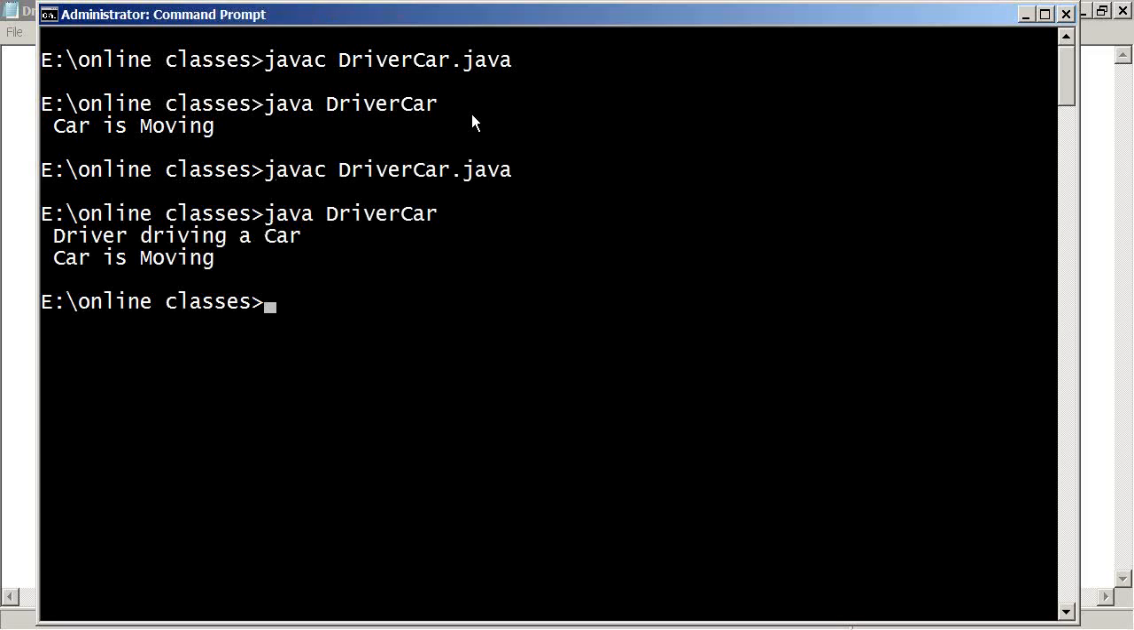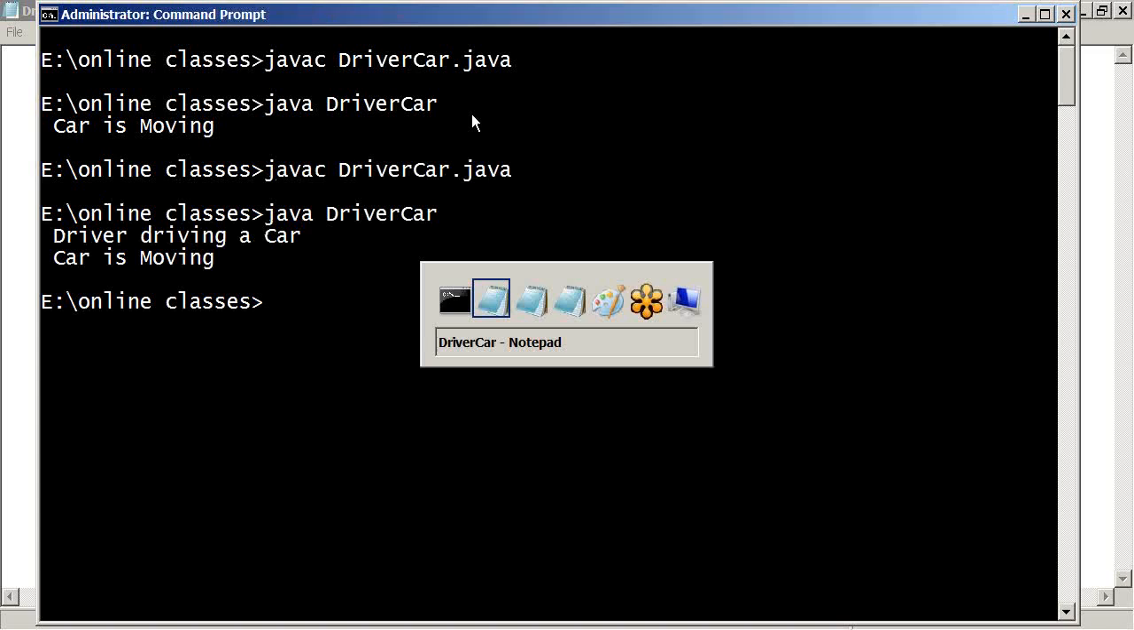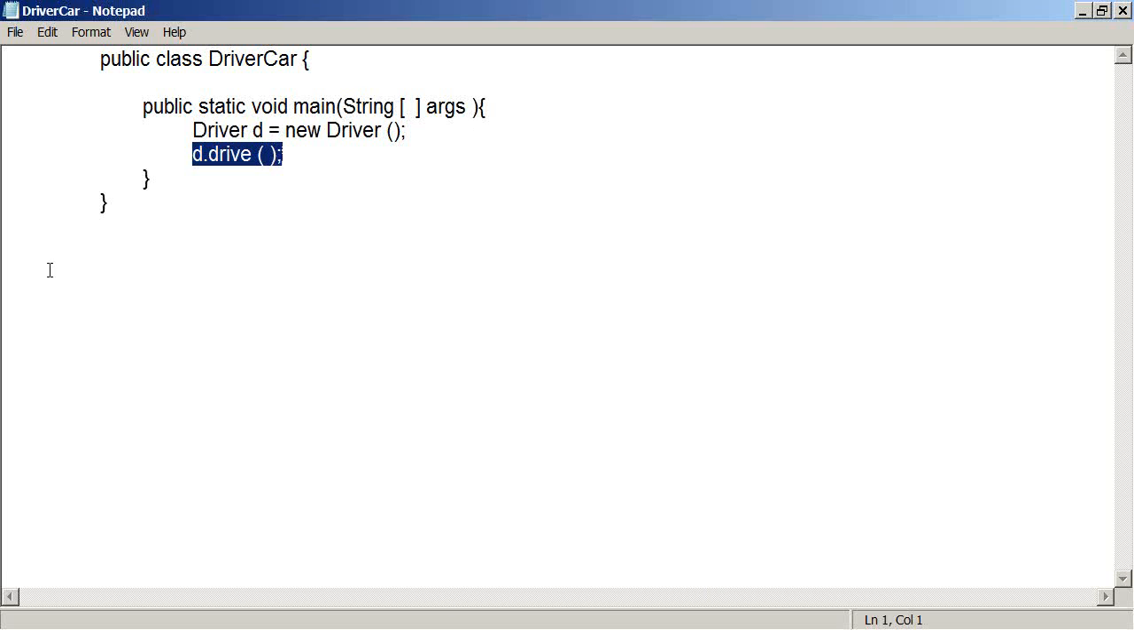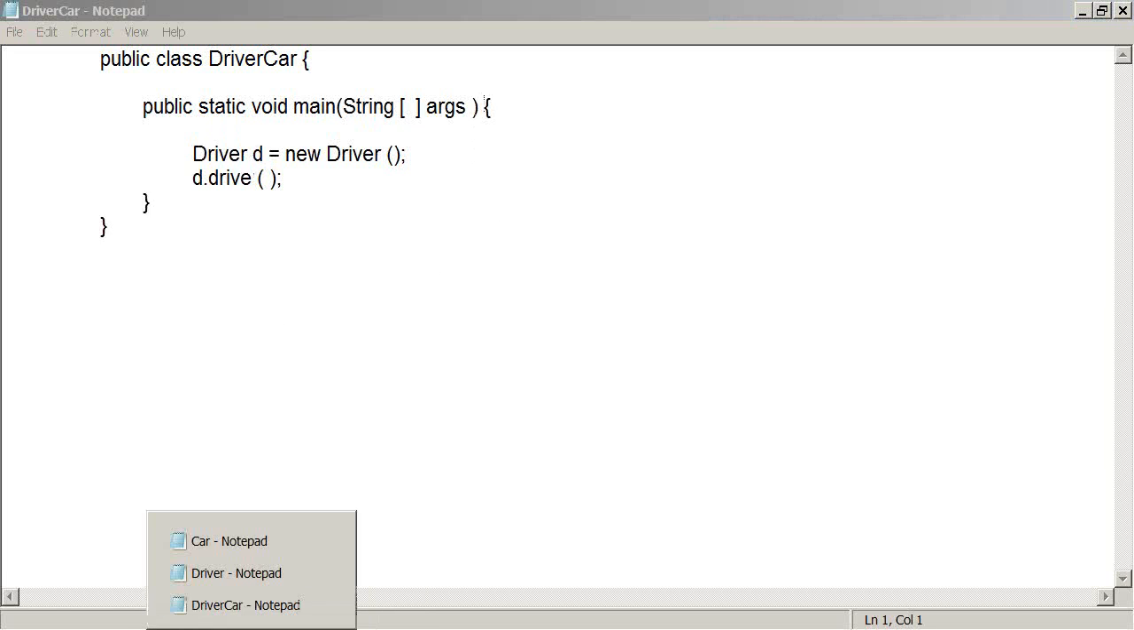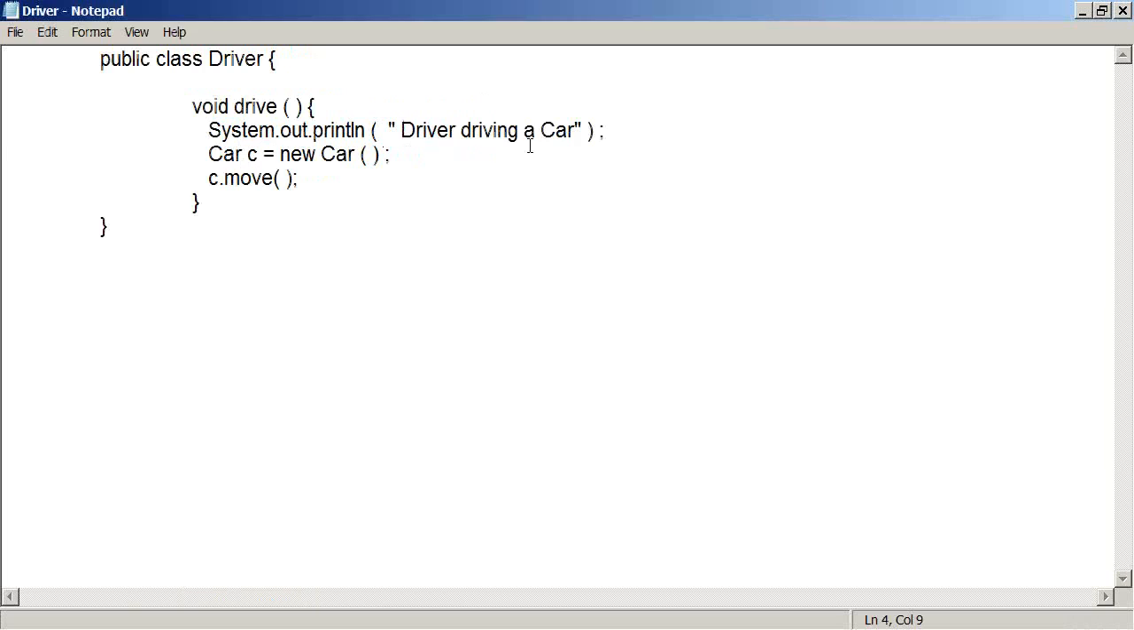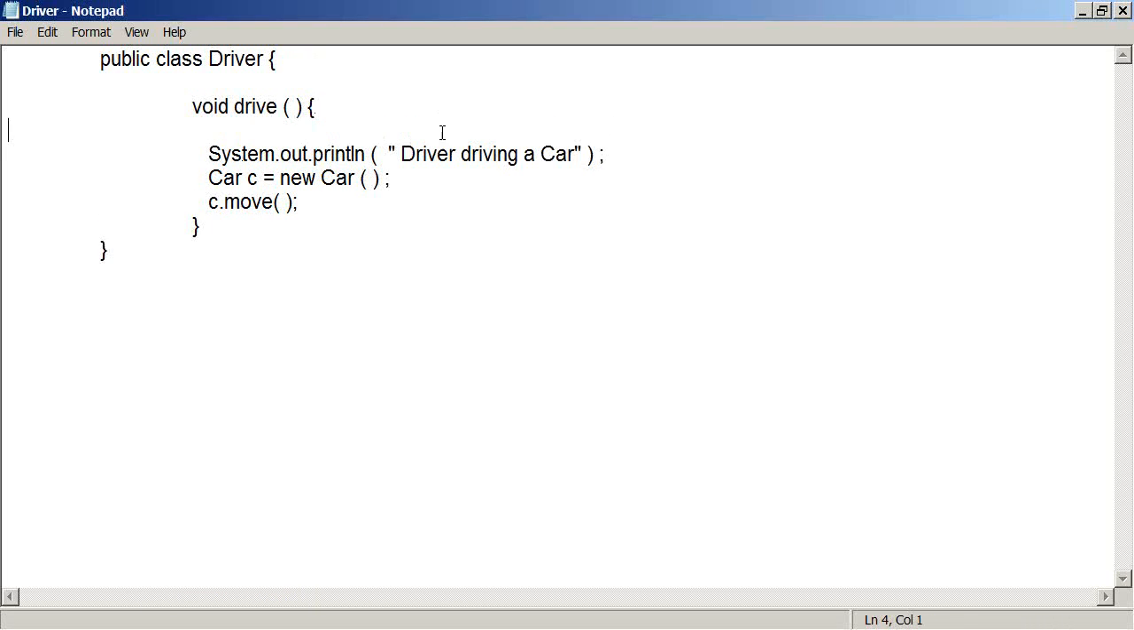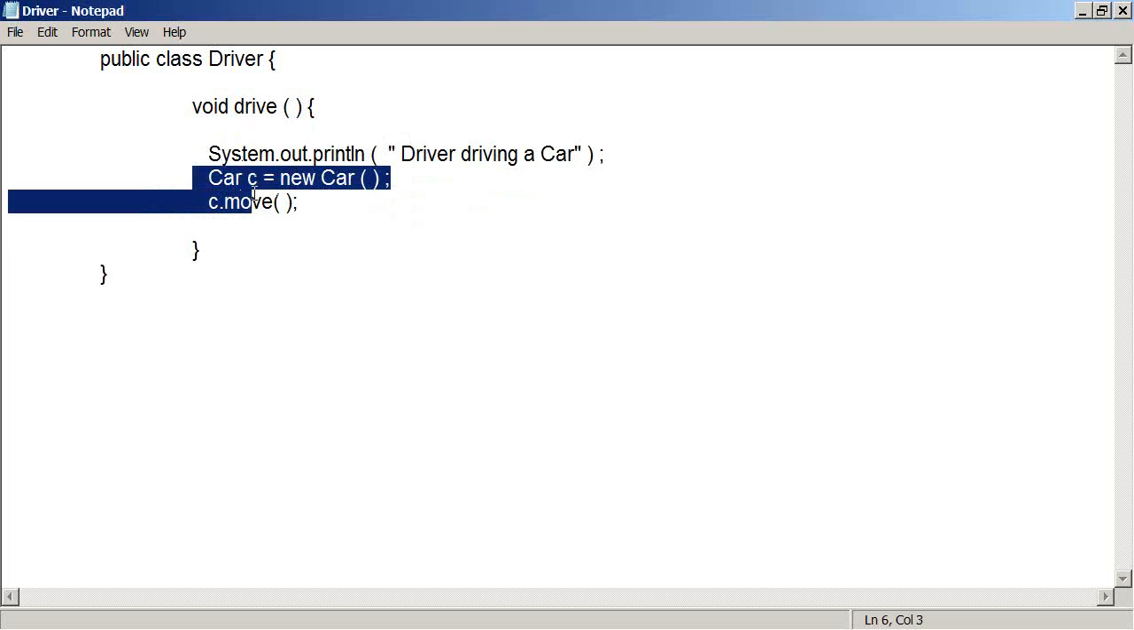Driver driving a car, car is moving. Right? So this is how, see here, how the objects can communicate here. So driver, when driver is driving, now if you want to call the method of a car,